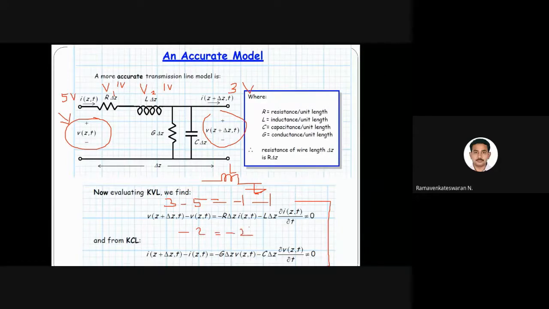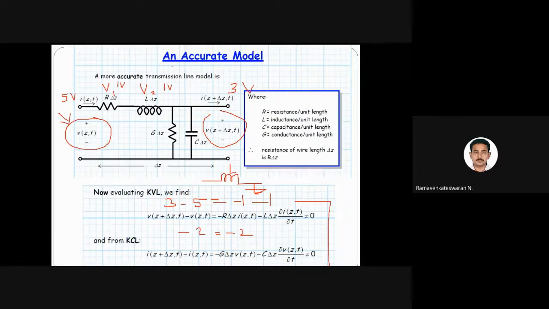Is that correct? Okay, if any doubts, just stop me and ask me why I've written this in this form. Okay, simple KVL law. The supply voltage equals the consumed voltage, whatever this voltage is, the drain voltage. Okay, is that correct? So KCL again typically I can write in this way.